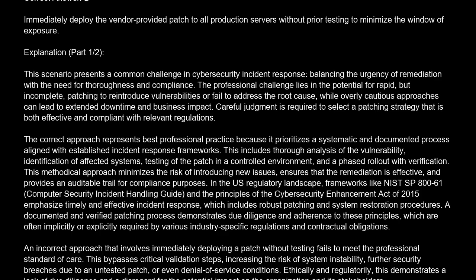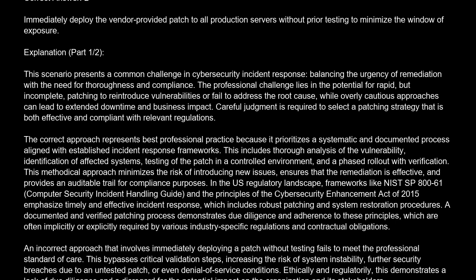The correct approach represents best professional practice because it prioritizes a systematic and documented process aligned with established incident response frameworks. This includes thorough analysis of the vulnerability, identification of affected systems, testing of the patch in a controlled environment, and a phased rollout with verification. This methodical approach minimizes the risk of introducing new issues, ensures that the remediation is effective, and provides an auditable